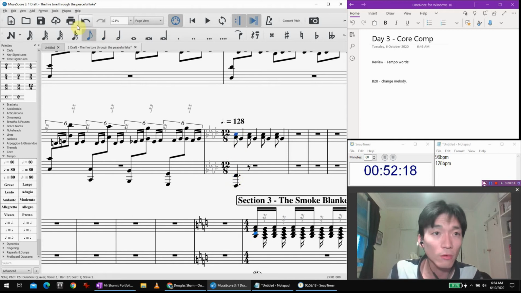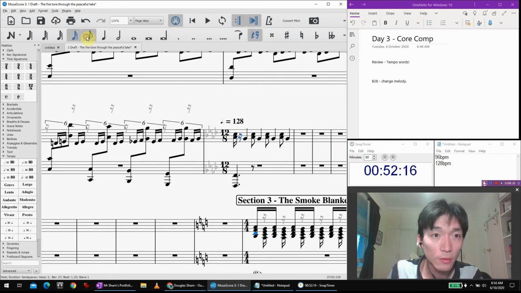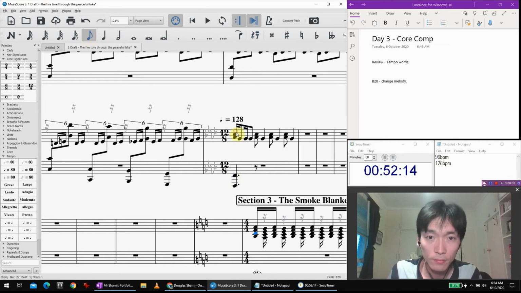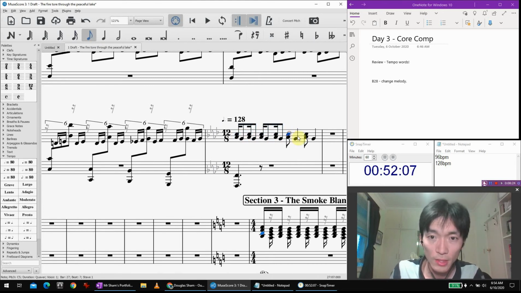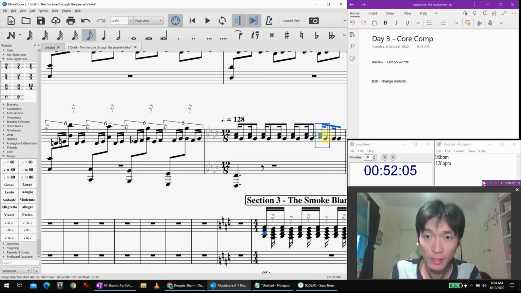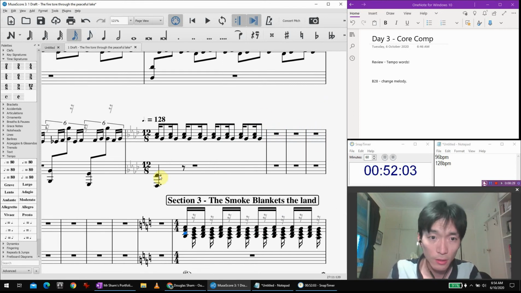So it would be the original double time version. And this is more flickery, which is what I like about this figure. Okay, let's try this for now.